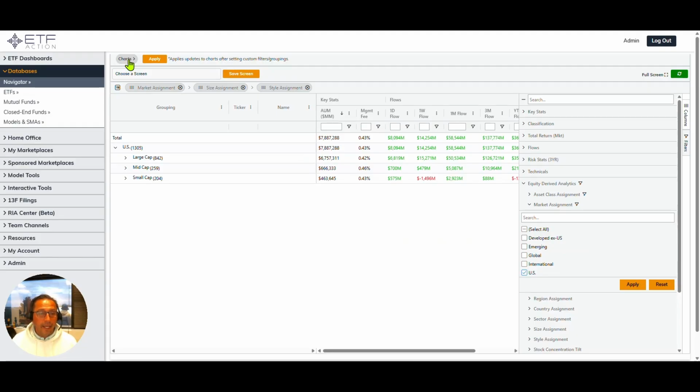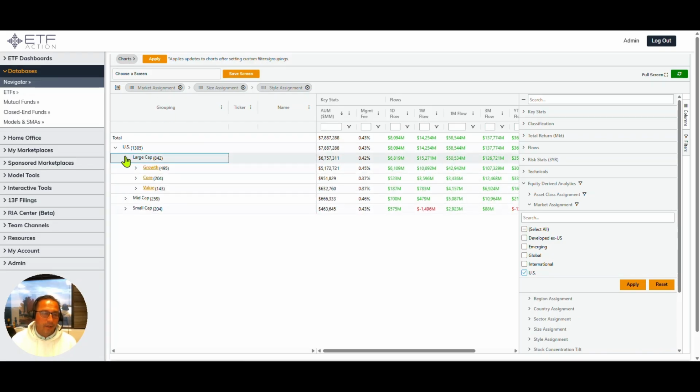So clearly a huge large cap bias. Now, where this really gets interesting is when you start looking at size style assignment. So I'll just open up large cap and you'll see 5.17 trillion of the 6.7 are in portfolios that, based on a look-through analysis, have a significant tilt, a large